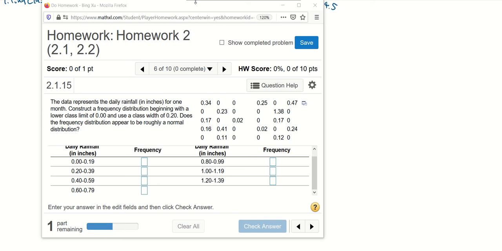This video shows how to use StatCrunch to graph a histogram. I will use this homework problem as an example. This is problem number 6 from homework number 2. It's asking you to construct a frequency distribution, beginning with a lower class limit of 0 and a class